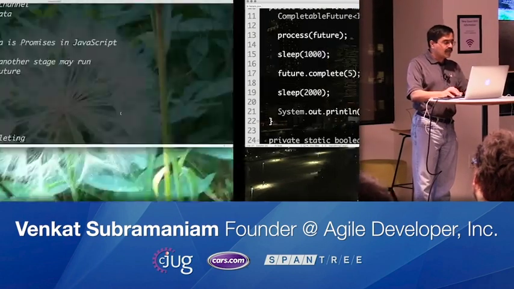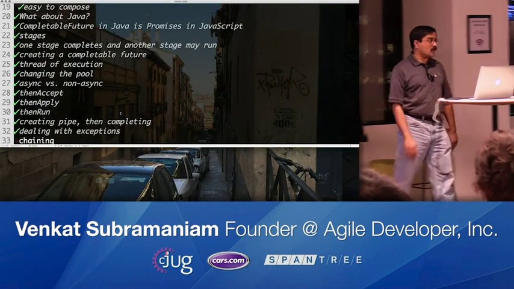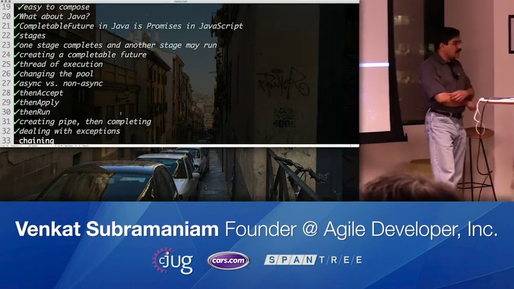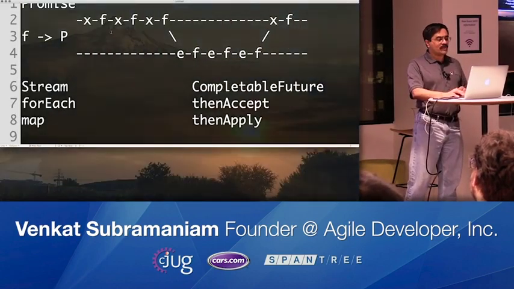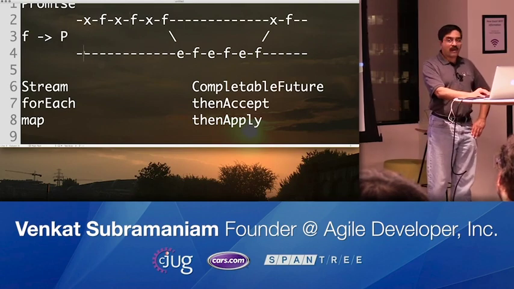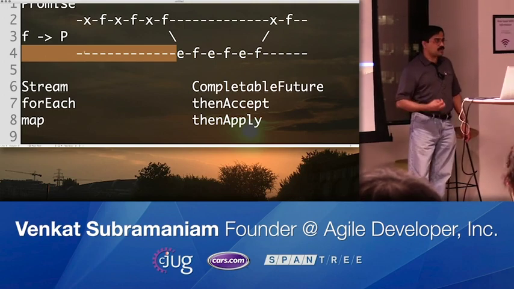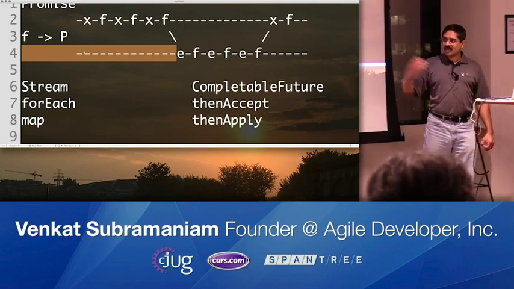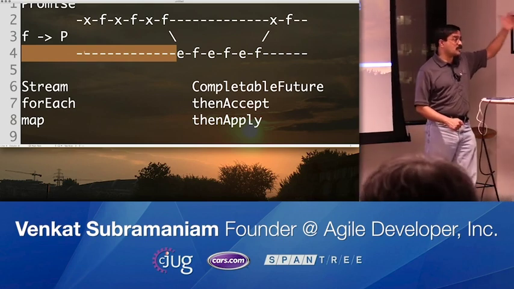Well, that's great so far, but what about exceptions? If things were to go wrong, we need to be able to handle those. How do we really do this? Well, remember one more time what's going to happen here. If something were to go wrong, you're going to be in the bottom track or the left track. So in other words, if a CompletableFuture rejects, you're going to take a different path than when the CompletableFuture is going to resolve.